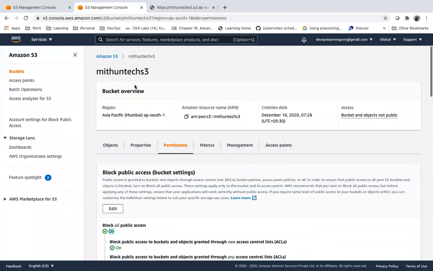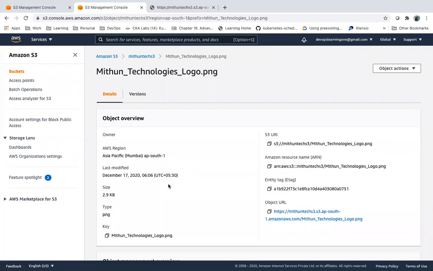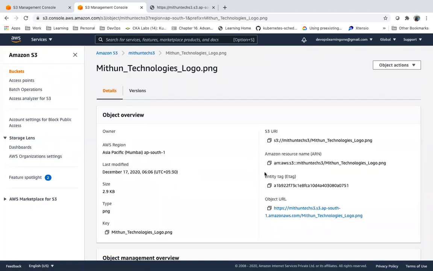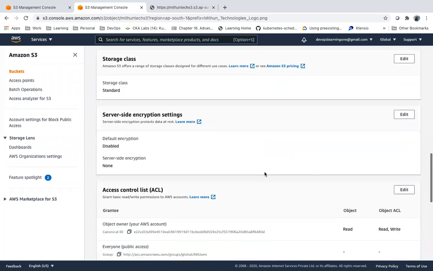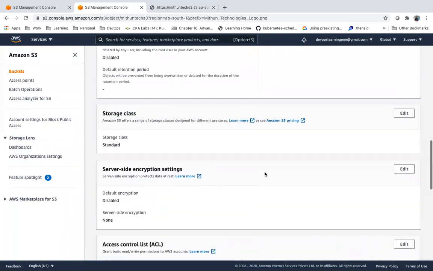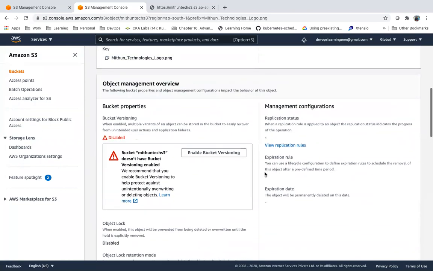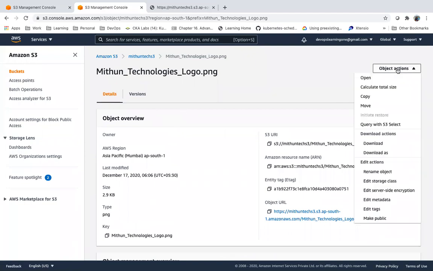If you see, I have this object in this bucket. We have not given access to this object. It is blocked. If you want to give a public access, you have to allow the public access in a bucket.